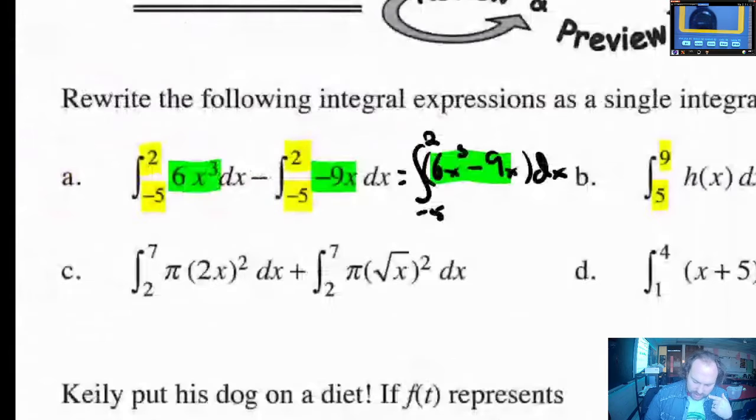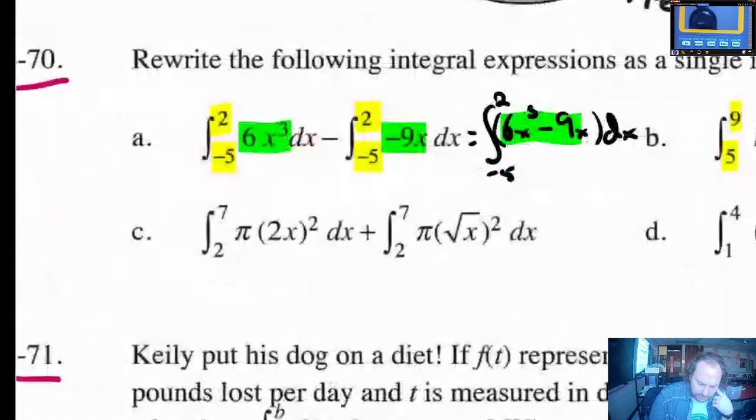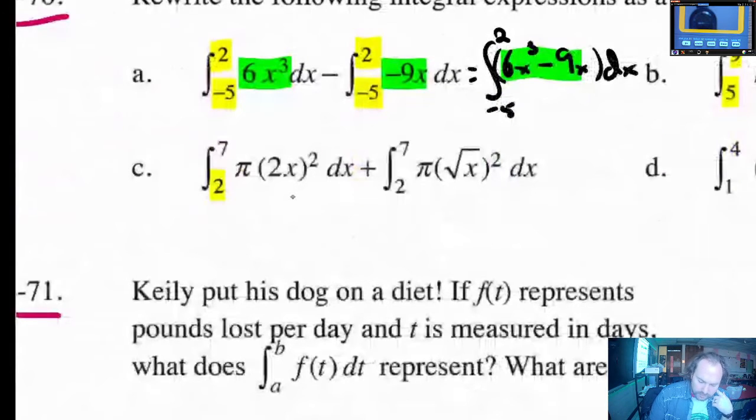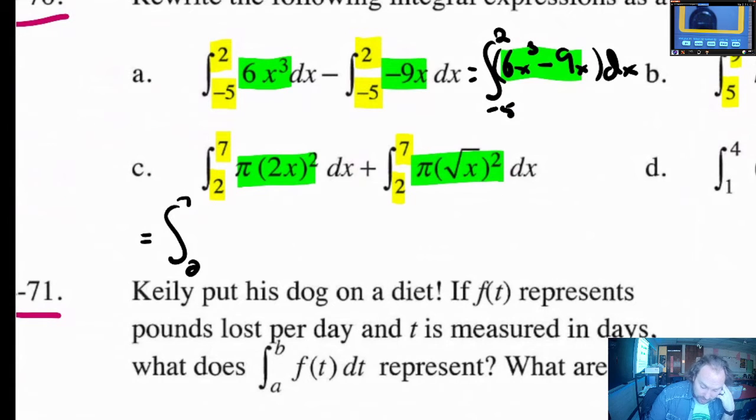Question C. Again, I think C is very similar to A. I noticed that the bounds are exactly the same, 2 to 7 and 2 to 7. So all we're going to do here is combine these ideas into one integral. We're going to do the integral from 2 to 7. We're just going to add together the two integrand parts. It'll be pi times 2x squared plus pi times the square root of x squared